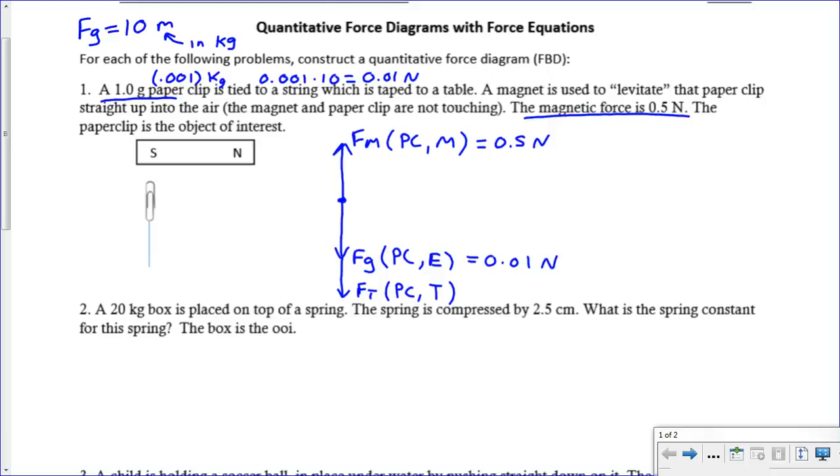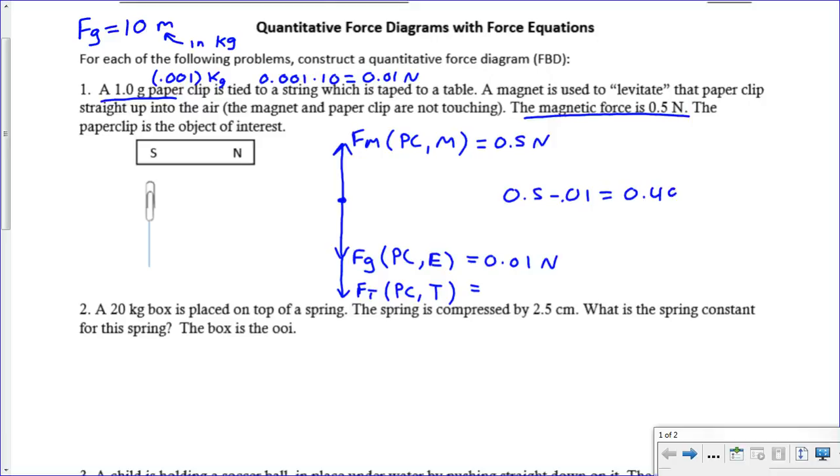It's just kind of levitating here, floating in space, but it's not moving, so its forces are going to be balanced. That means all the upward forces need to equal all the downward forces. The only force that we have in the upward direction is the magnetic force. That's 0.5. In the downward direction, we have gravity and tension. Together, those have to add up to be 0.5. And so if you think about it then, the remainder of that 0.5 going downward needs to come from the tension force. Generally speaking, what we're doing in our head is we're saying, all right, 0.5 minus 0.01, and you get